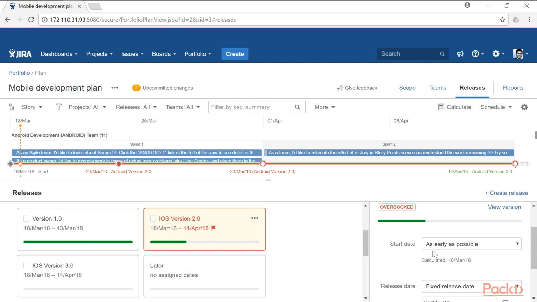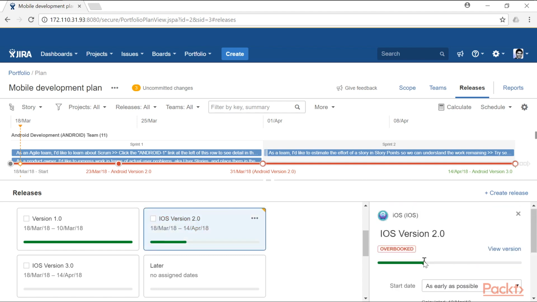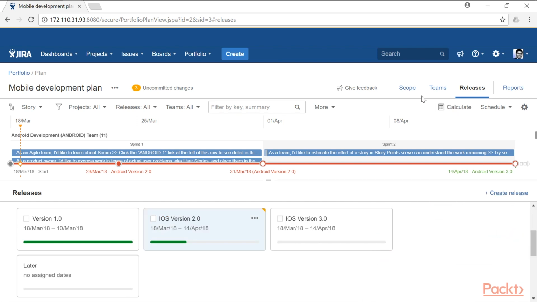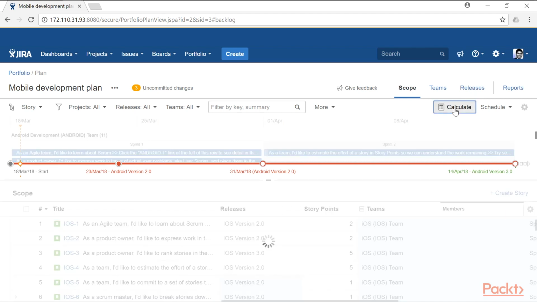So what I can do as a project manager, I can actually ask portfolio a question. For example, if I want portfolio to decide whether I want to release it on a particular date or if I want to just keep it dynamic. So if I change my release date to dynamic, and if I simply go back to my scope view on top, there is a button here that says calculate, and if I click on this calculate button, portfolio will perform